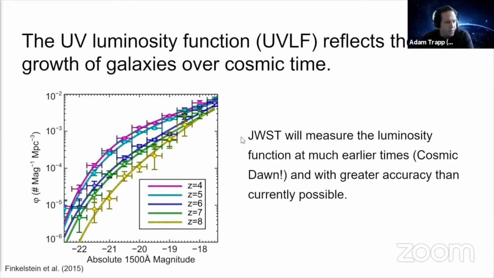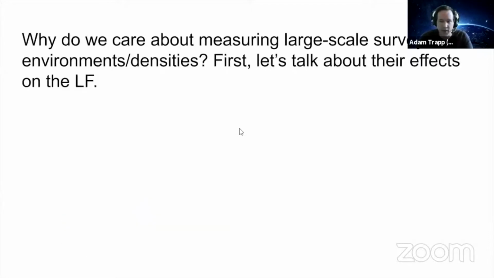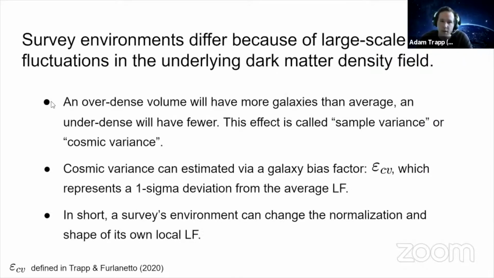But my talk title also mentioned environments, and so why do we care about measuring large-scale survey environments and densities? Well, some of the other speakers kind of got ahead of me on this, and I'm going to give my own take on why these are important. But first, let's talk about the effects of environments on the luminosity function. So survey environments differ because of large-scale fluctuations in the underlying dark matter density field, as many of you know. An overdense volume will have more galaxies than average, and underdense will have fewer, and this effect's called sample variance